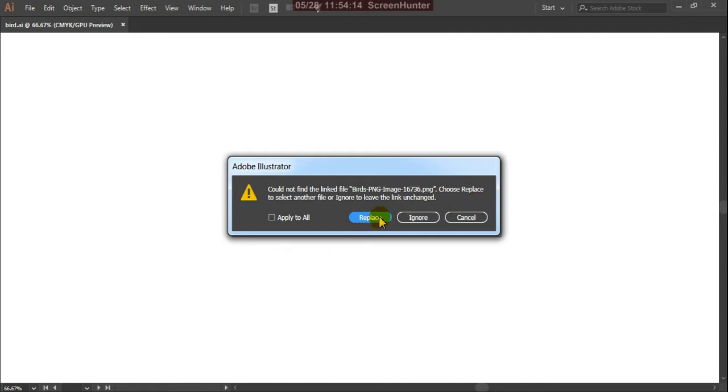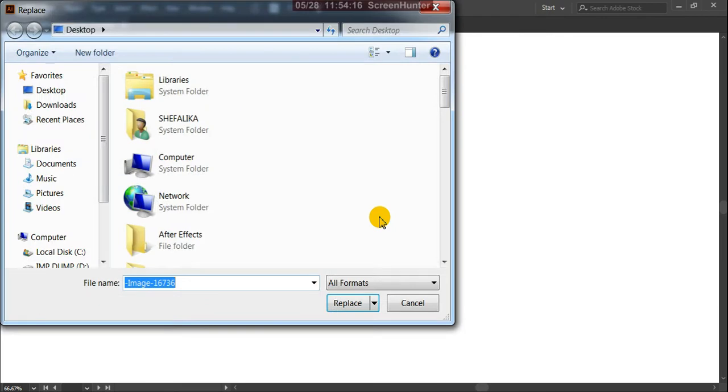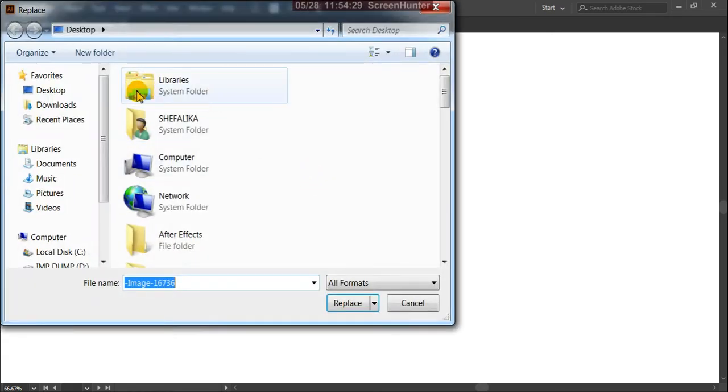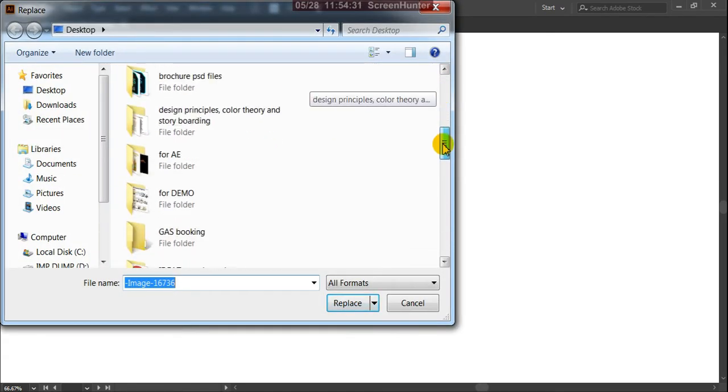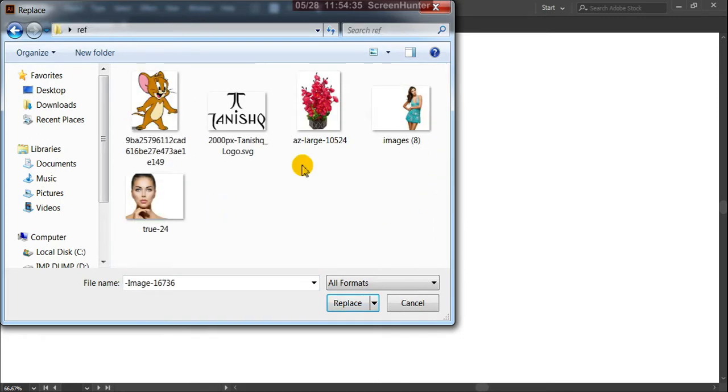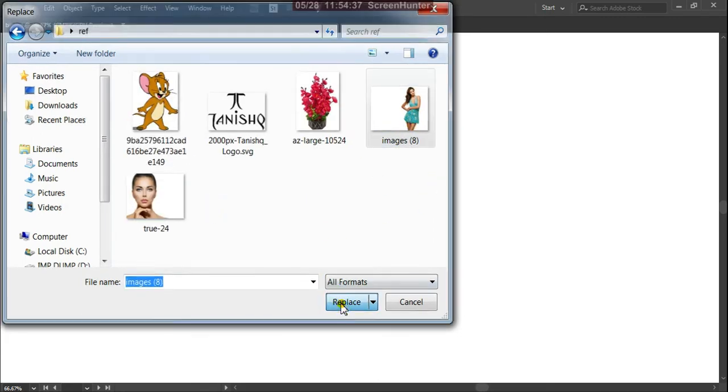Suppose I say replace, and you can place any picture instead of that, or otherwise ignore. Replace means from that folder you can give this option and replace.